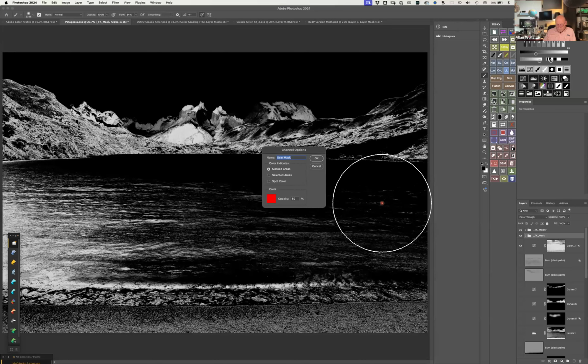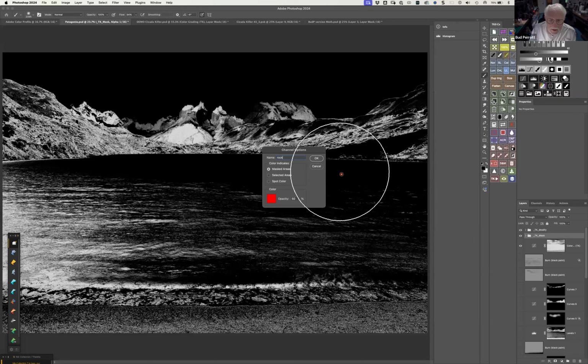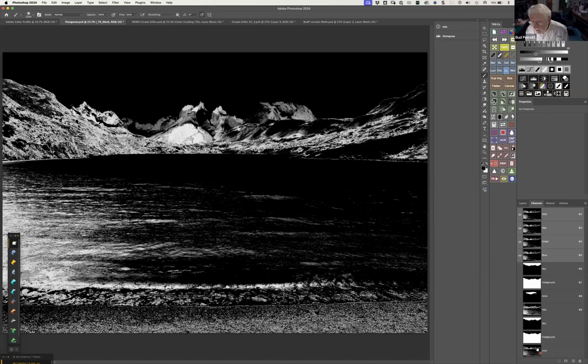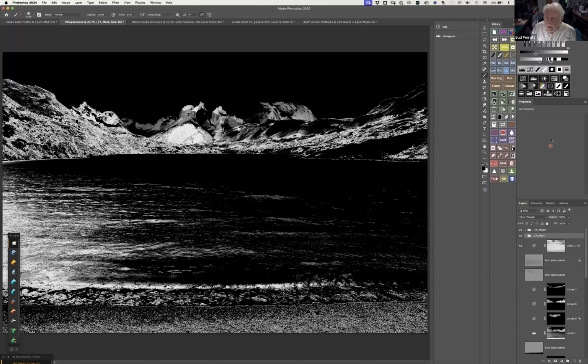And I have to name it. So I'm just going to call it rock for lack of anything else and say, okay. So when we look at channels, here's my rock. You see it at the very bottom. So by using that button, you can get things like you want, and then you can use them later. So let's come back to layers because I want to show you what I'm